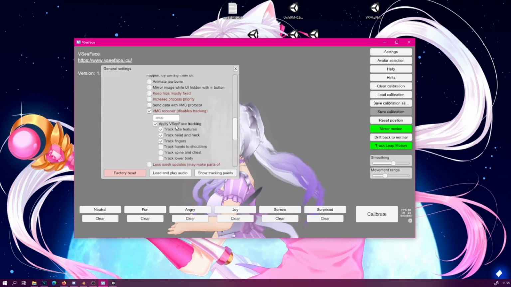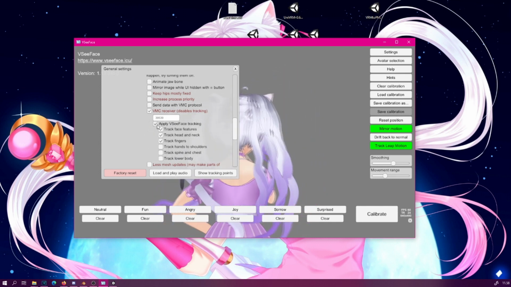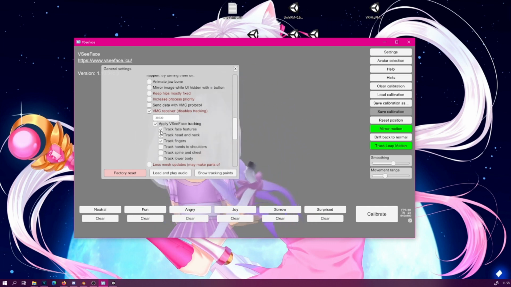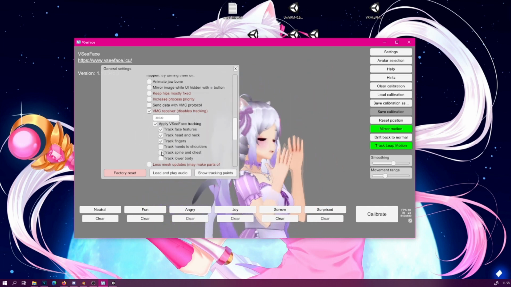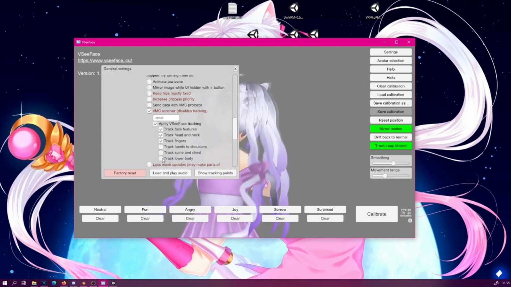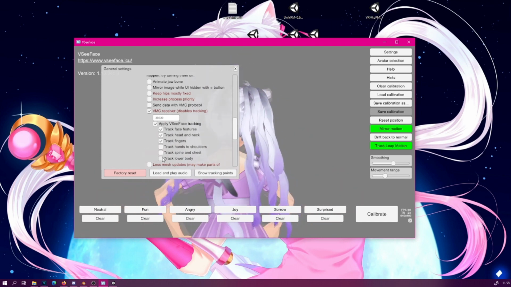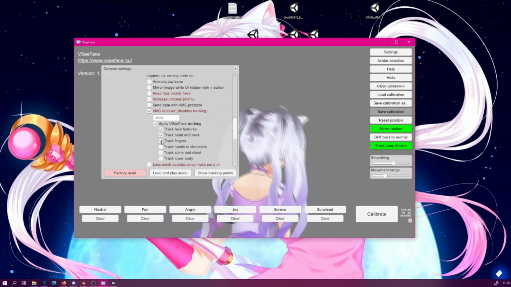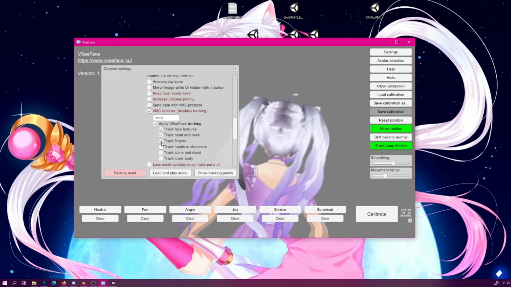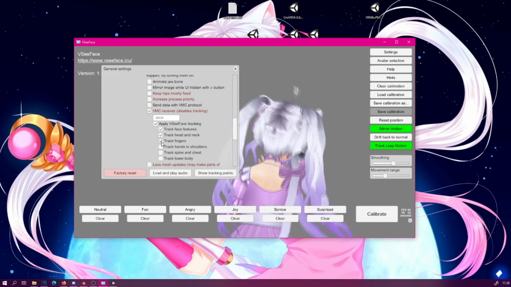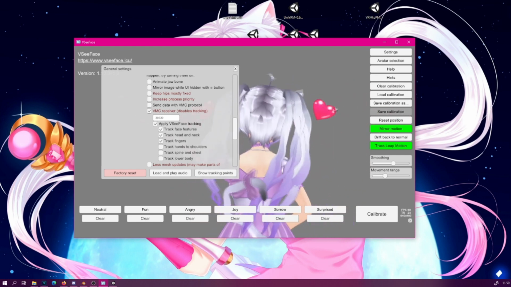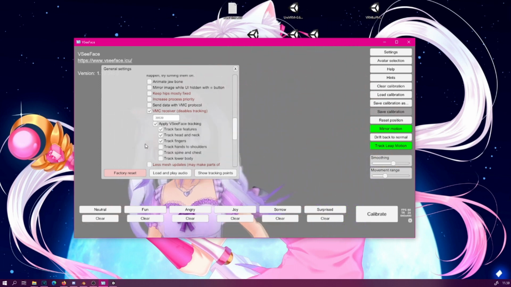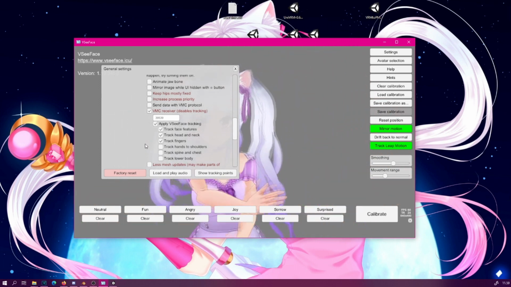Now, to combine this with VSeeFace's own tracking, you need to click this Apply VSeeFace Tracking on, and now you can then select which parts you want to track from VSeeFace and which ones you want to take from the incoming data. So here I have the face tracking enabled, as well as head and neck and fingers. So I will be able to use my blend shapes for the face, and I will be able to use Leap Motion for my hand tracking, like you can see.